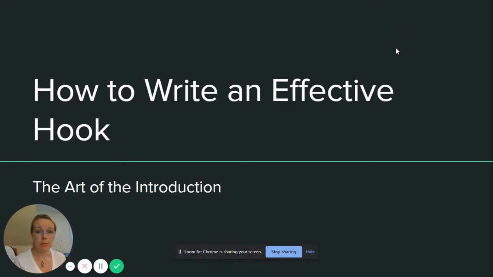Now the first question you probably have is, what is a hook? A hook is exactly what it sounds like. It is the sentence or two in your story, in your article, your blog post, that grabs your audience, hooks them, brings them into your piece so that they keep reading. And it usually